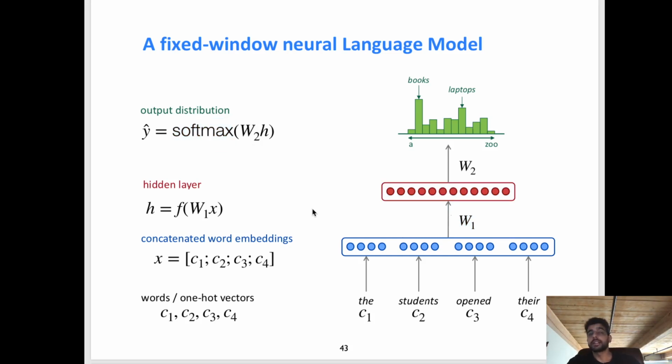Okay, so again, in this lecture, we are not going to look at how exactly we train the parameters W sub 2, W sub 1, and the word embeddings C sub 1 through C sub 4. That's what we'll look at in the next lecture, but note that the parameters of the model are these weight matrices as well as the word embeddings. All of them are learned through this process of predicting the next word on a given training data set. That will hopefully make more sense after you watch the next video.